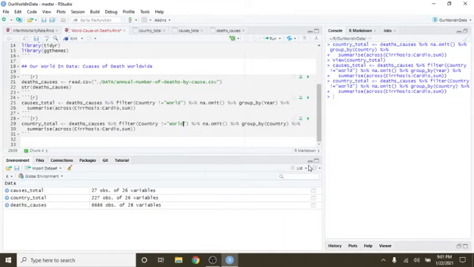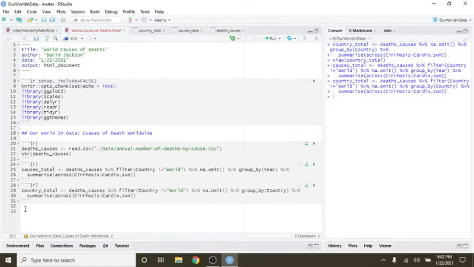But since we do have a world function, right? Okay. Maybe we could do it with a